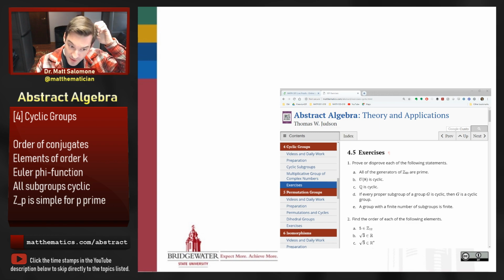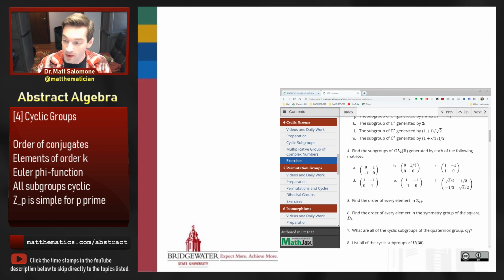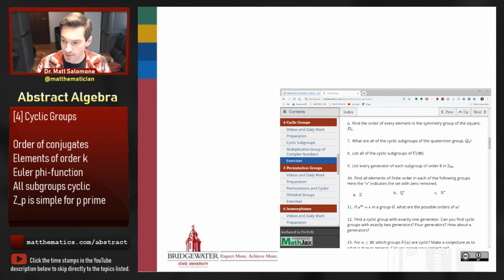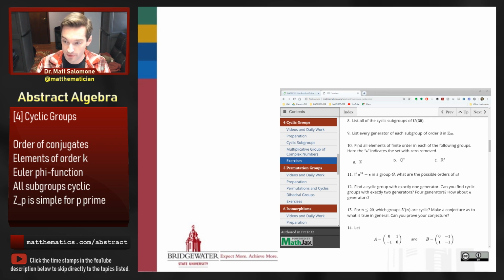So some of the exercises that we're looking at today are taken out of our Judson online textbook, so we may be referring to this once in a while. But some of them are not, and some of them are just proofs that I decided would be good to do. But I want to start, because it's going to give us a little chance to talk about the Euler phi function straight out of the chute.